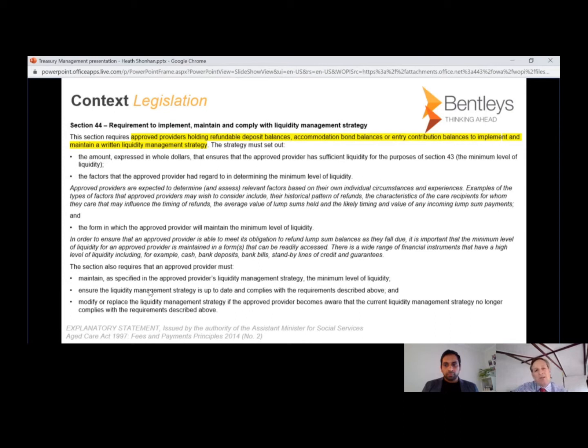So for argument's sake, is it 5%, is it 10%, is it 20% of my total resident liabilities? Approved providers have been conscious that they have this liquidity management requirement, and they all have a liquidity management strategy, and this is all audited. What we're talking about today is much greater than that, because liquidity will absolutely be addressed as part of treasury,